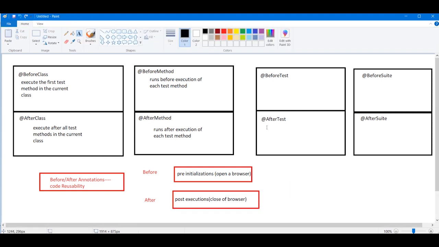When you need to perform testing on a particular website, you first open the browser before the test, which is pre-initialization, and after the tests are performed, you close your browser. So these are the before and after annotations.